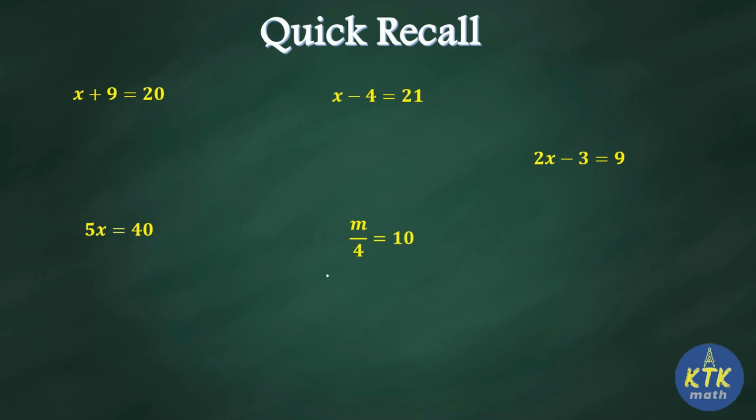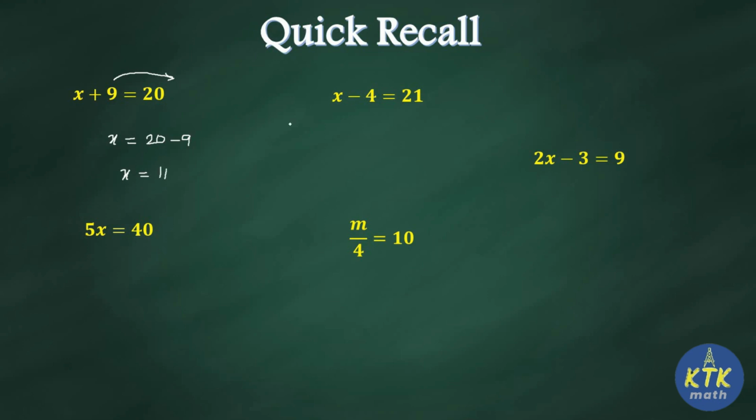Okay, so these kind of sums are just basics I am giving you. So x plus 9 is equal to 20. Your first equation is given, x plus 9. So our motive is we should have only the variable on the left side. Whatever comes along with the variable, that should be moved to the right side. So 9 we need to shift to the right side. When that 9 moves to the right side, what will happen? It's already positive. So positive 9, when it goes to the right side, it will be minus 9. So x is equal to 20 minus 9. So what is the x value now? x is equal to 11.